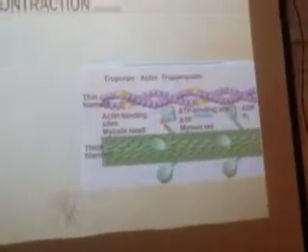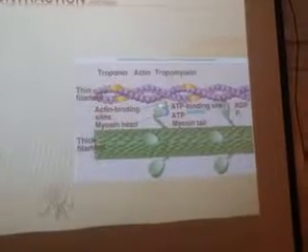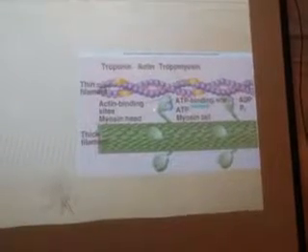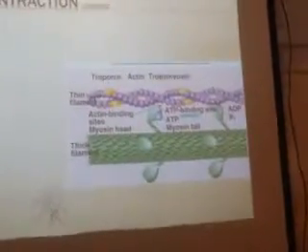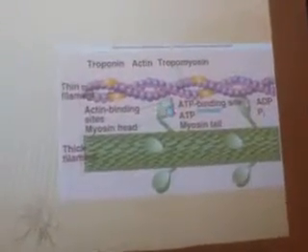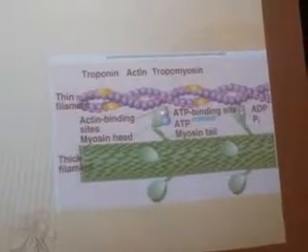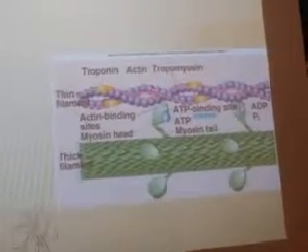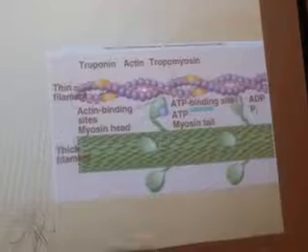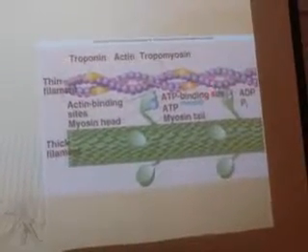Same thing, I will explain with a diagram. You can see these cross bridges and you see the myosin head. Here is the actin binding site. This is the actin binding site, and this is the ATP binding site. These are the cross bridges, and this is the myosin head. Cross bridge is the myosin head. And you can see here this is actin, this is tropomyosin and this is troponin.